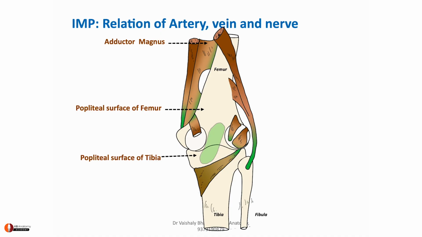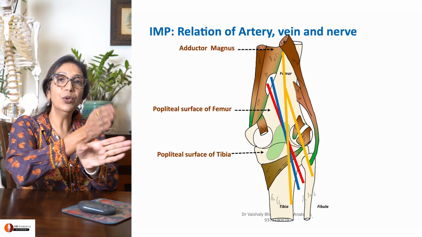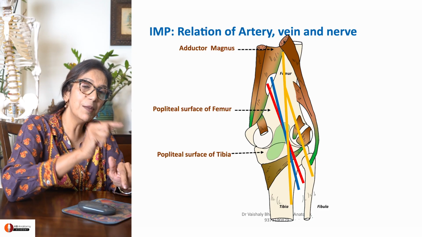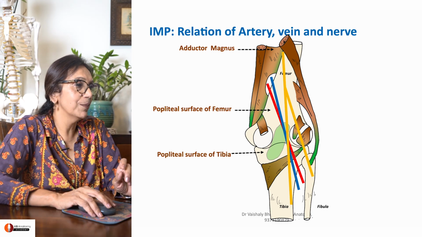Now, through that opening passes your femoral artery, now called popliteal artery. Crossing that on top of it, from lateral to medial side, is the popliteal vein. See how they are crossing each other. And then crossing that further superficially is the tibial and common peroneal nerve. So 1, 2, 3 structures crossing each other. Who is deepest? Popliteal artery. Who is above it? Popliteal vein. Who is furthermost superficial? Tibial nerve.